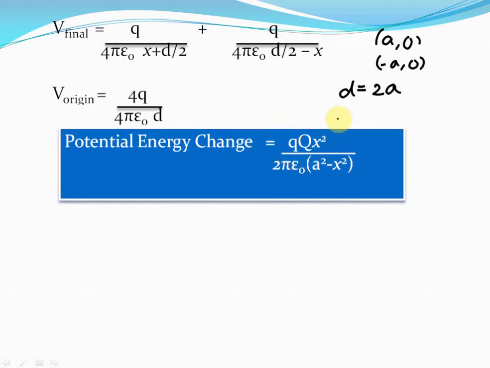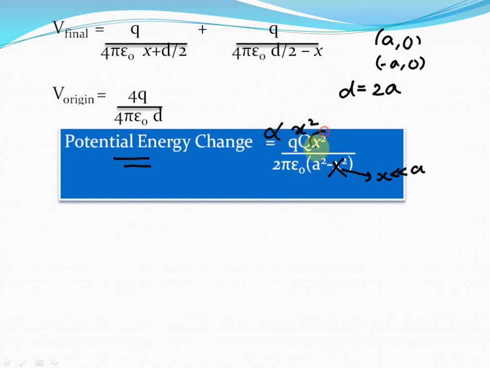All that I basically did was calculate the net potential due to both the positive charges at a distance x from the origin. I calculated the net potential due to both the positive charges at the origin. I subtracted the potential and multiplied the change in potential with the magnitude of the charge capital Q to get the net potential energy change of the charge capital Q. Now if x is small compared to a, or compared to 2a, which is the distance between the charges, in that case x square here can be neglected, and that gives us the expression potential energy change proportional to x square, isn't it?